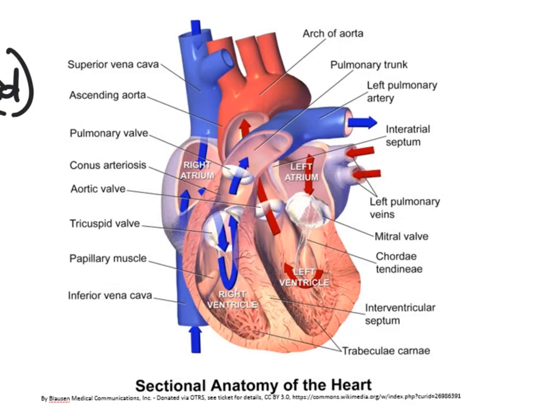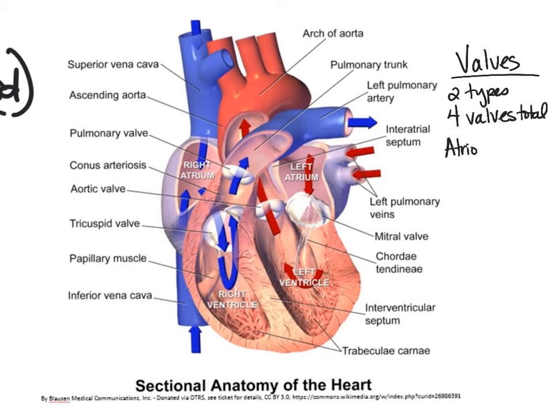So the next part I'd like to talk about, I erased this here so that we could take a look at the last piece of the anatomy of the heart that we want to see here. And it's actually kind of two things. We're going to be taking a look at the valves of the heart. Now there are two different types of valves. So 2 types, but 4 valves total. So the 2 different types are, the first one are the